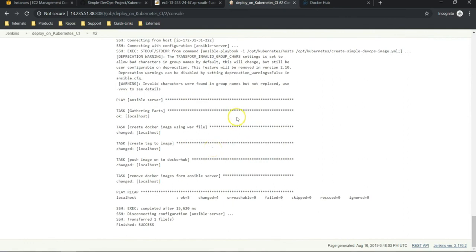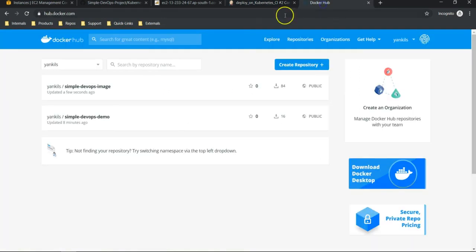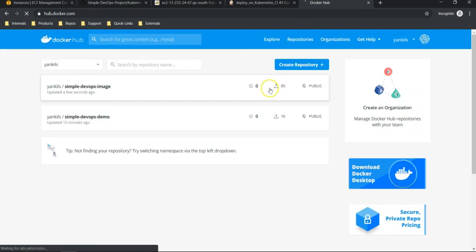If it is creating confusion, you can still create the image under /opt/docker. But I just thought that if we have the CI/CD job files in the same location, it would be easy. Now let me refresh it. This time it should be 85. Yes, it's working fine. So all set to execute our Jenkins job.